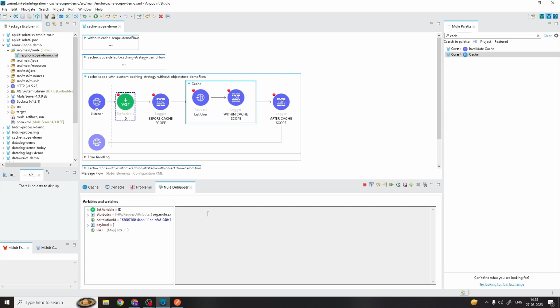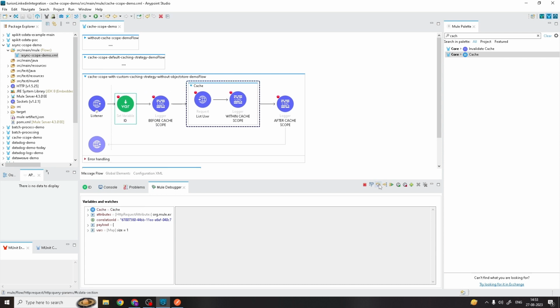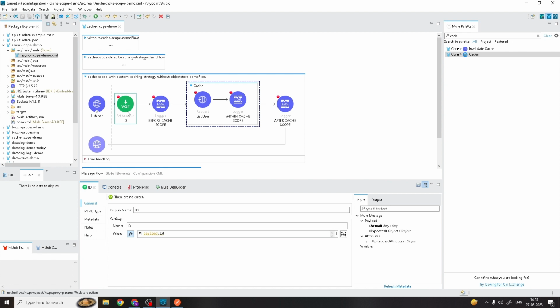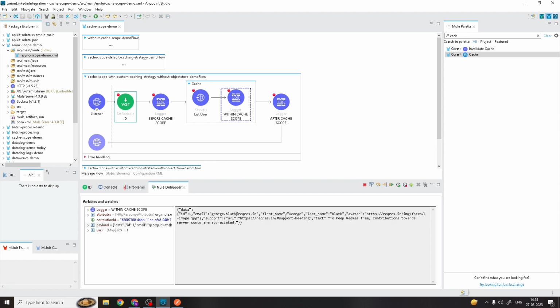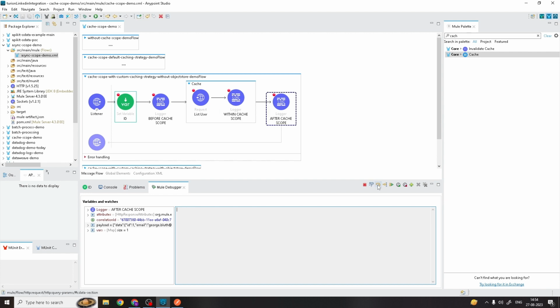So guys, our flow has been triggered. Similarly we will save the id. Let me click next. Because we have configured custom caching strategy for this particular ID, which will uniquely identify each and every user from each other, the first time it will save it. It is calling the server because it didn't receive that request previously. So we got the same response, George Bluth. If we click next, now again if I hit this flow